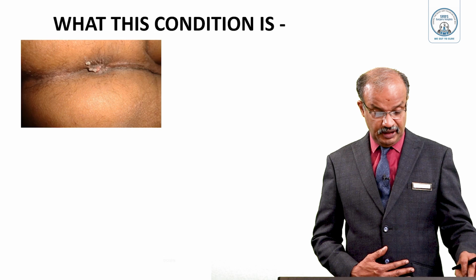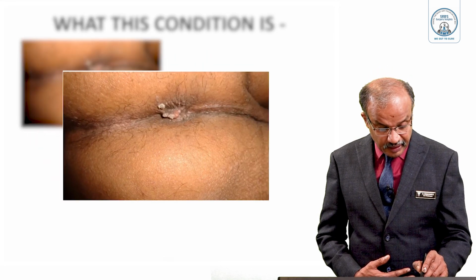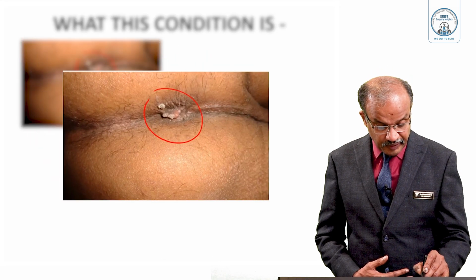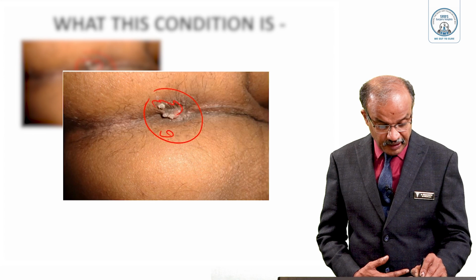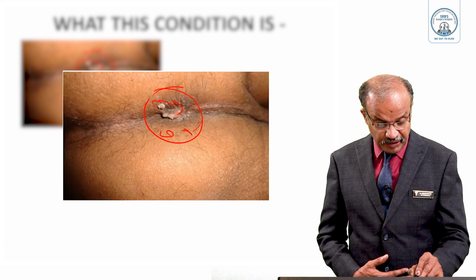Hello students, we'll discuss another important condition, not that commonly seen, but it's not uncommon, that is in the perianal region. Similar common conditions are piles, fissure, fistula, and perianal abscess. So just find out what this perianal condition is. Look at that, see that here there are small warty lesions, projections, proliferative lesions in the anal canal,